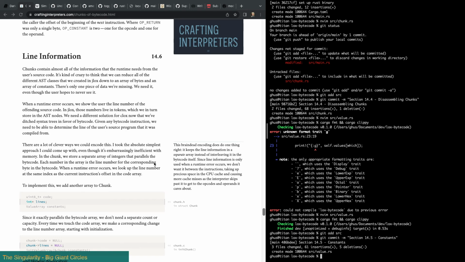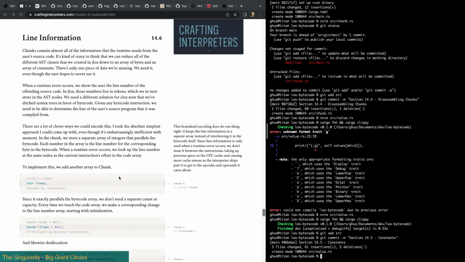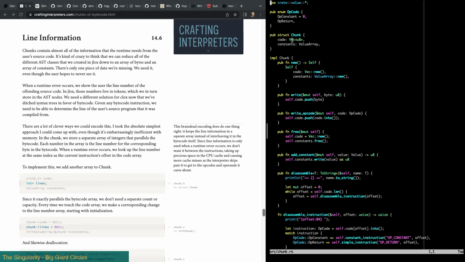Each number in the array is a line number for the corresponding byte in the bytecode. When a runtime error occurs, we look up the line number at the same index as the current instruction's offset in the code array. All right, so what I'm looking at here is we're really trying hard to have a bytecode thing, which is an array of